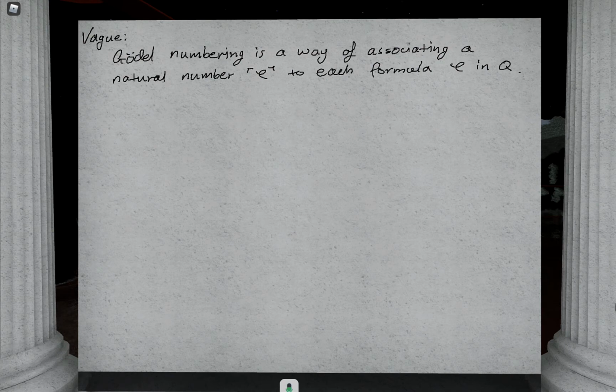But for now, just to convince you that this is reasonable and indeed simple, just think about the binary representation of natural language that computers use.